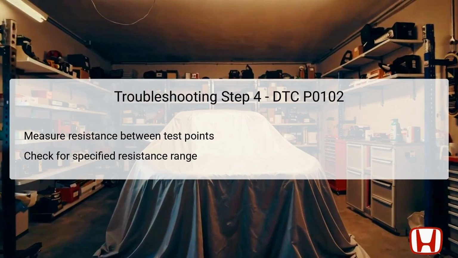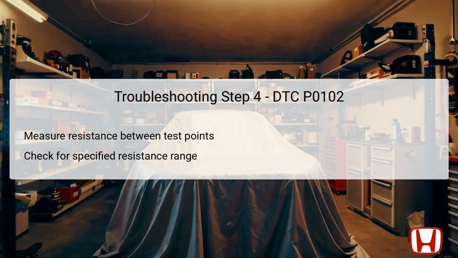It's essential to verify that the resistance falls within the specified range of 190 to 210 kiloohms. Achieving this range indicates that the VGP wire is intact. However, if the resistance is outside of this range, it suggests a problem that needs further investigation. In that case, the next step would involve examining the VGP wire for any shorts or opens that could be